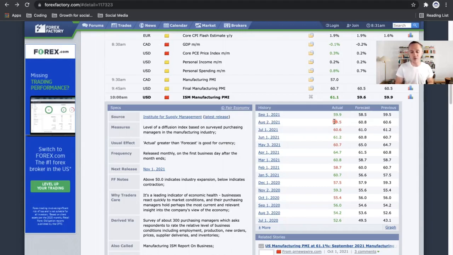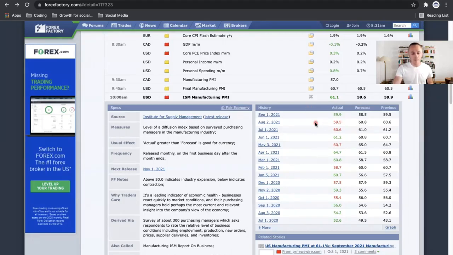how I trade news events, because again, looking at this is great. This is all great to kind of anticipate what you think is going to be happening, but you could still be wrong. There's obviously times where it was worse than the forecast, which means that it actually hurt and hindered the currency pair. So I'm going to show you in the end of this video how I trade these news